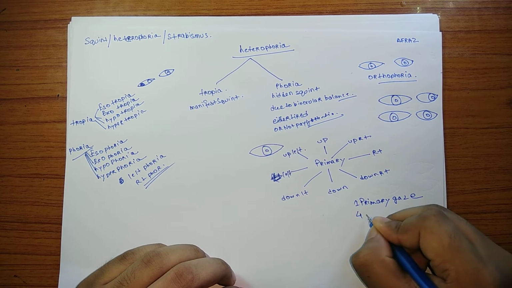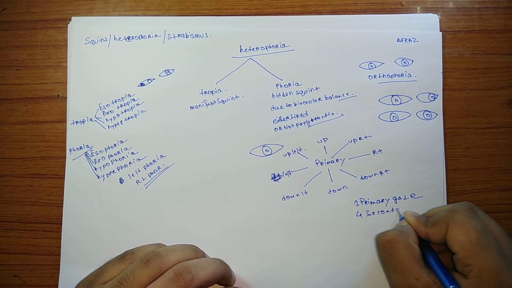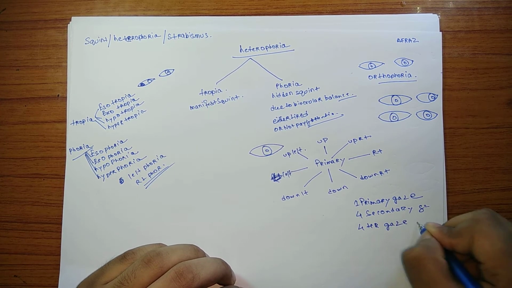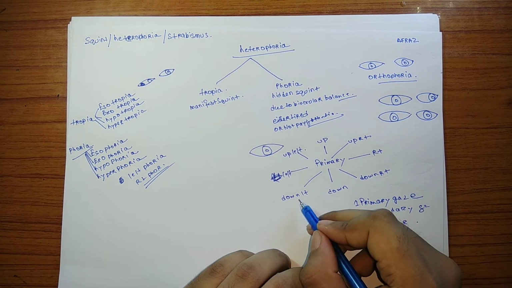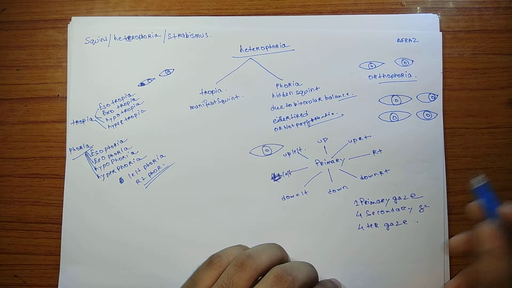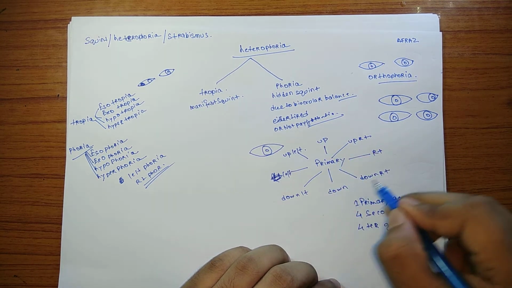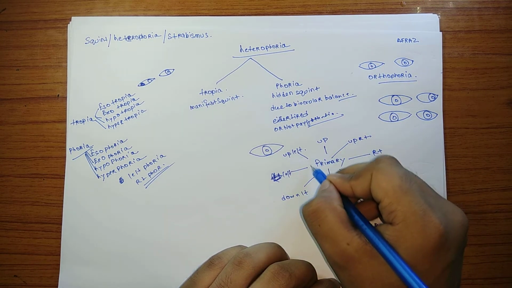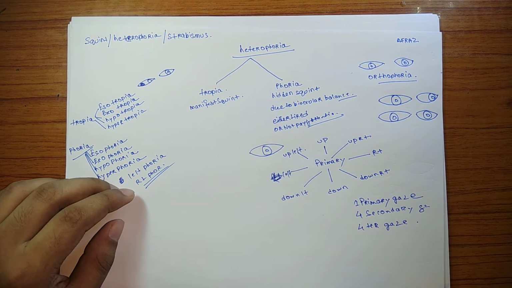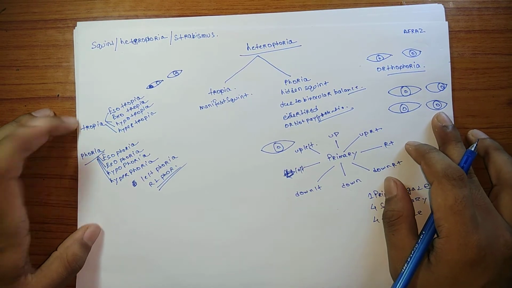Okay, four secondary gaze and four tertiary gaze. The tertiary gazes are down and left, down and right, up and right, and up and left. The secondary gazes are up, down, right, and left. Primary gaze is directly straight ahead, like this. Okay, now once we know this, let us try to come back to